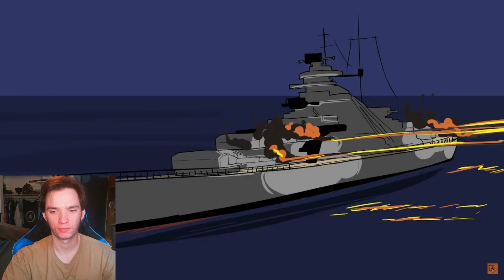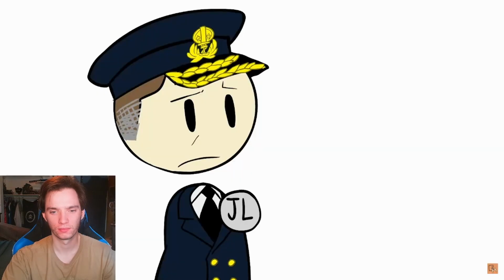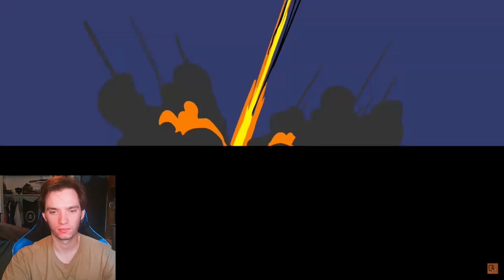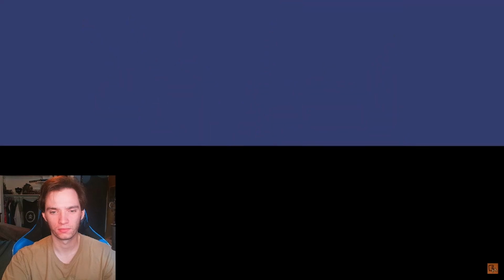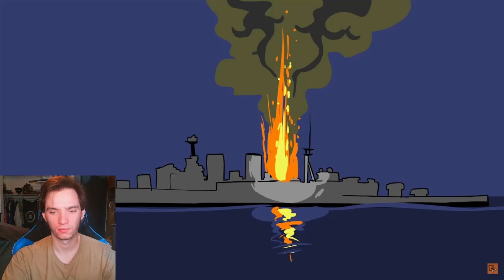A salvo from Bismarck brackets the Hood, shells landing on either side of the vessel. The Prince of Wales's commander, Captain Leach, knows that once a ship is bracketed, the enemy has you. He sees the Bismarck's guns flash in double time, and trains his binoculars on the Hood to see the result. A shell plunges down on Hood's deck, just aft of the mainmast, and disappears. 2 seconds later, the middle of the Hood erupts like a Roman candle, spraying flames hundreds of feet in the